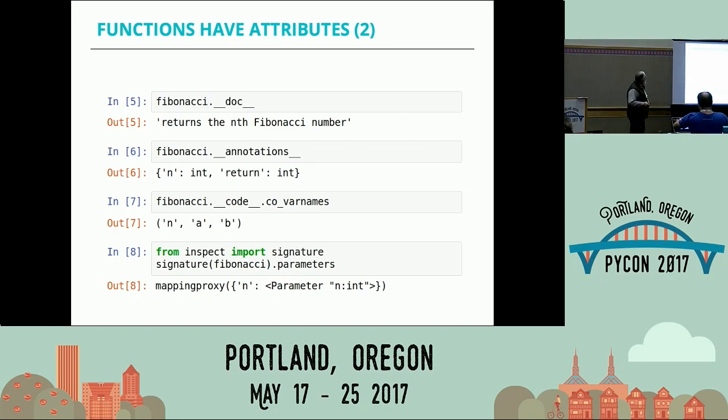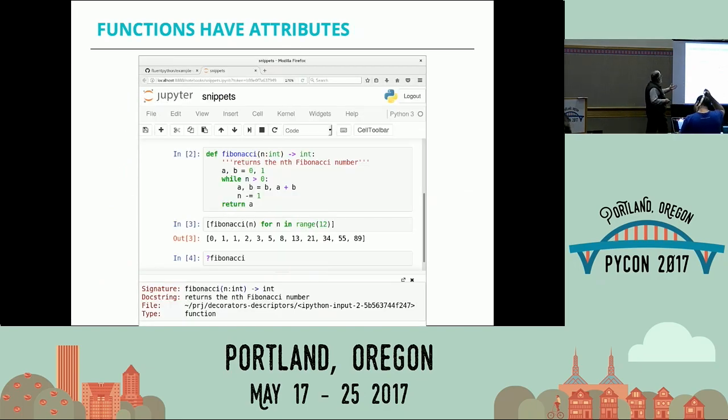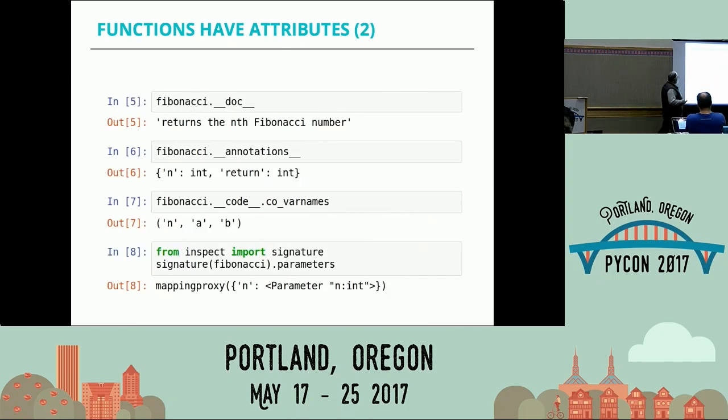What are these strings? They are basically the names of the local variables, right? N is a local variable because it's created as an argument, and the other 2 are local variables because they are assigned in the body of the function. So basically, this is a tuple that lists all of the names of the local variables, right? There's an inspect module with lots of stuff that you can use to inspect